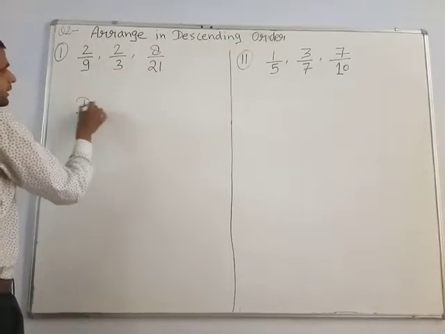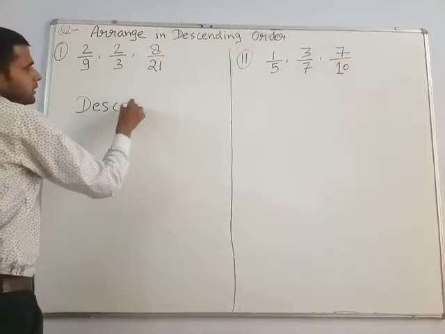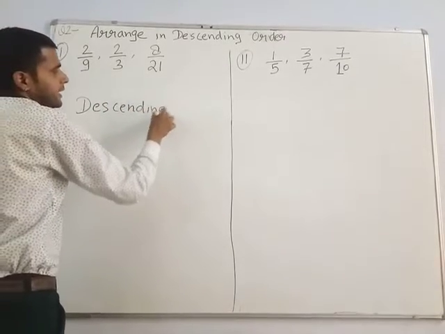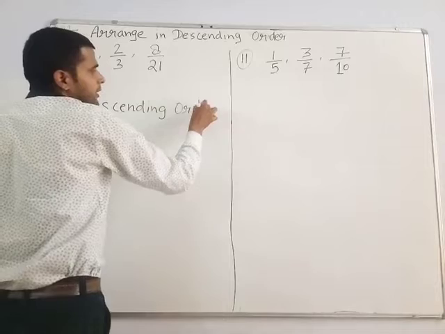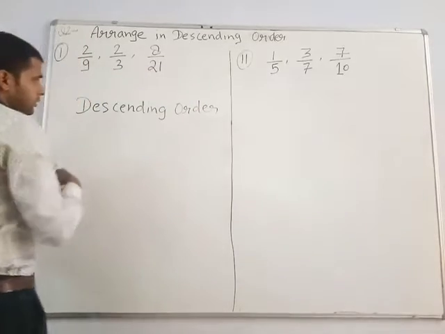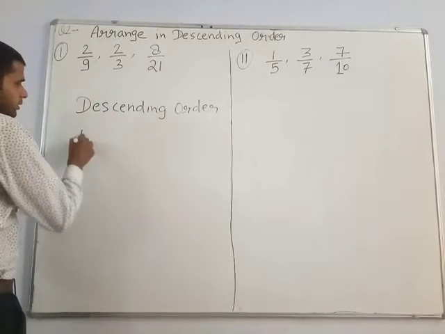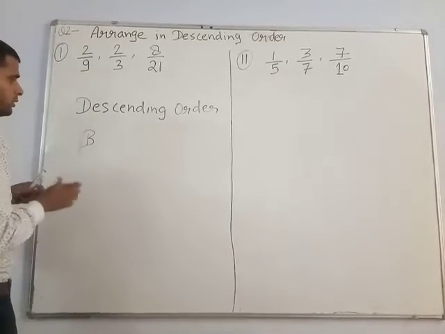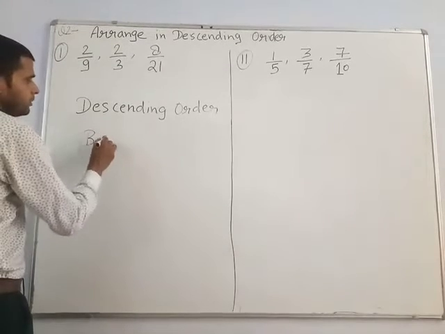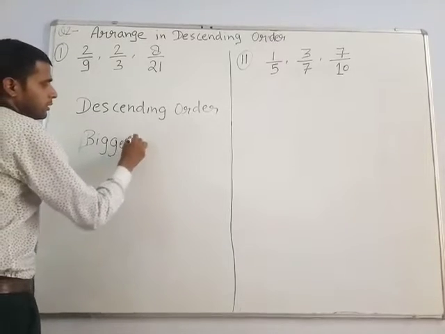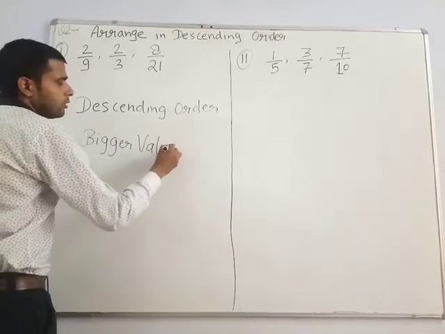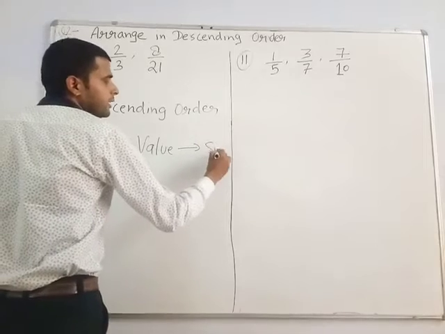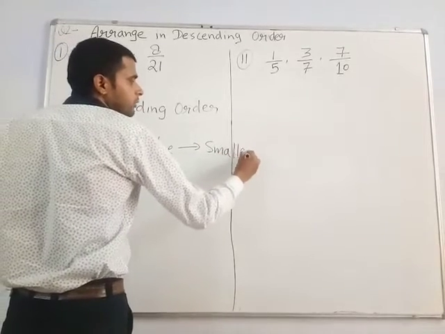So descending order means bigger value to smaller value,